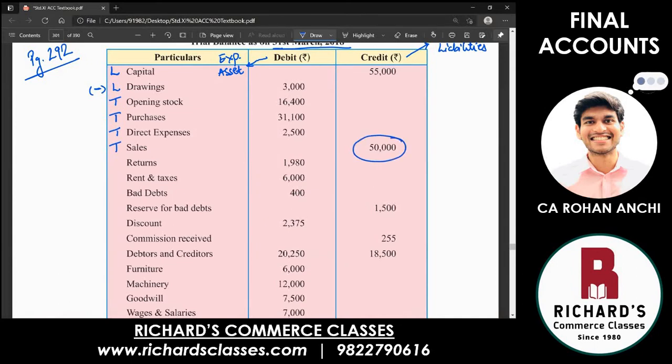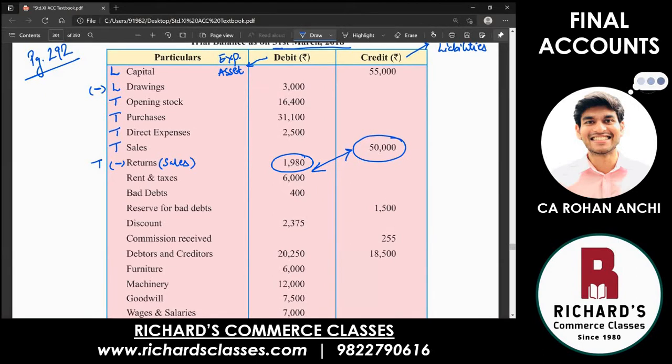If you see, sales is on the credit side as usual because it is an income, and the returns is on the opposite side. Returns, whether it is purchase return or sales return, will always be on the opposite side. So this returns is sales returns, remember. You are going to minus it in the trading account. Purchase returns would have been incorrect. Sales return is correct, because sales and sales return have to be on the opposite side always, and they are.